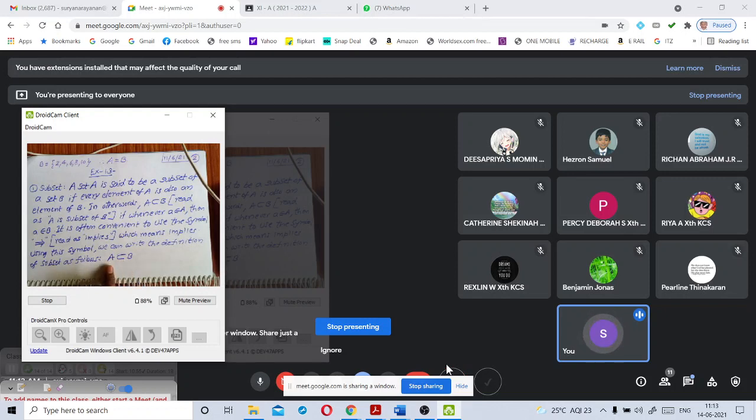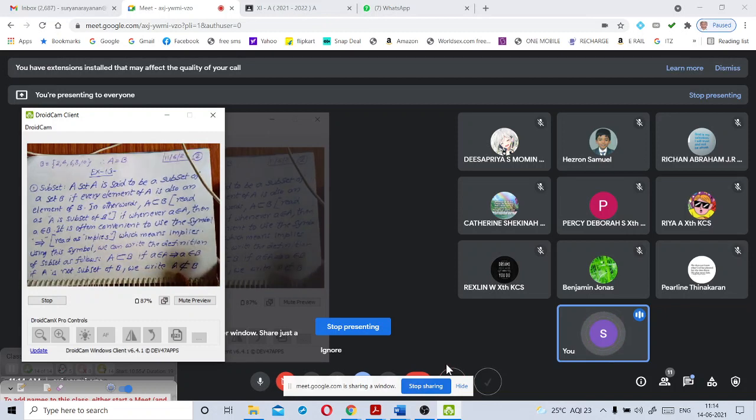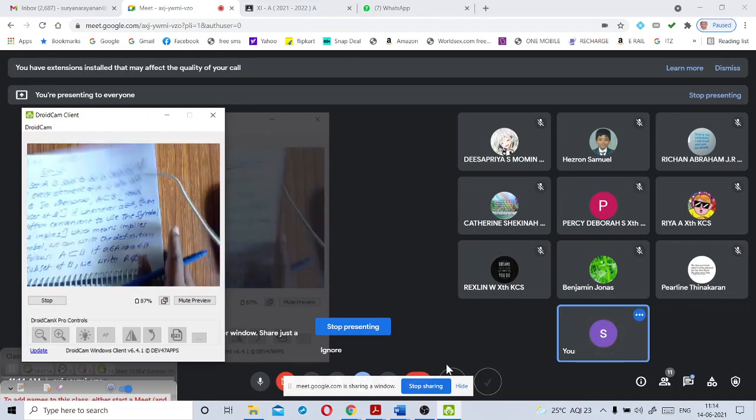A is a subset of B. If a belongs to A, implies a belongs to B. If A is not a subset of B, it is read as A is not a subset of B. This symbol is read as